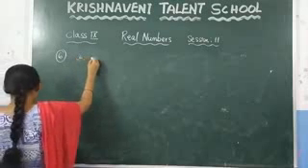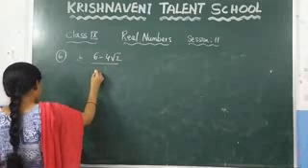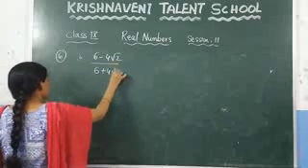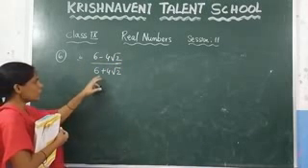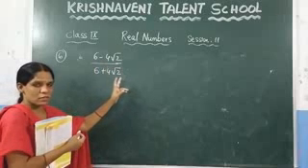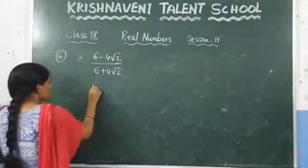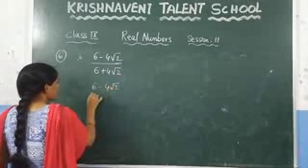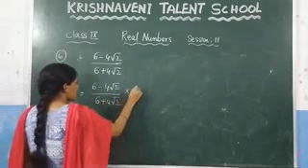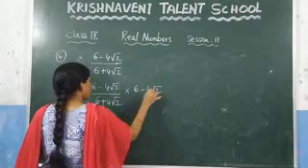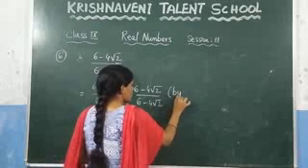The first one, what's given here? 6 minus 4 root 2 by 6 plus 4 root 2. Here in the question they said that you have to rationalize the denominator. Now here you can observe that in the denominator there is a plus, so you need to multiply and divide with the minus. That means you have to rationalize it. Write this one, 6 minus 4 root 2 by 6 plus 4 root 2. By which number do you need to multiply and divide? 6 minus 4 root 2 by 6 minus 4 root 2. This is by rationalizing.